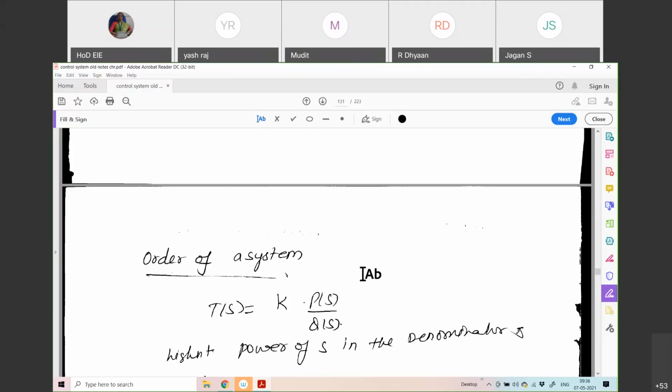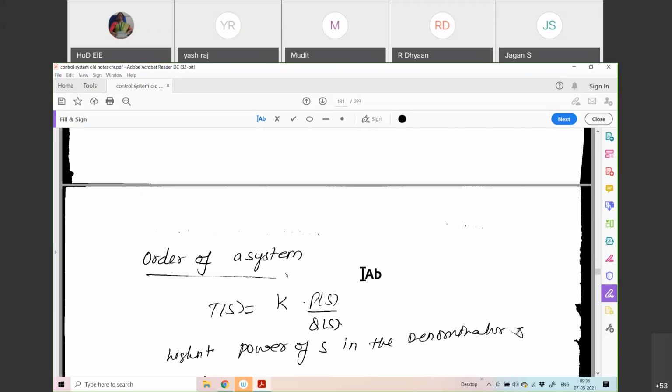If it is more, then what happens? The platform will be down and the floor will be up. Otherwise, the floor will be down and the elevator platform will be up. So it is not comfortable. It is very dangerous. So those types of things should be tested when you are designing any system.